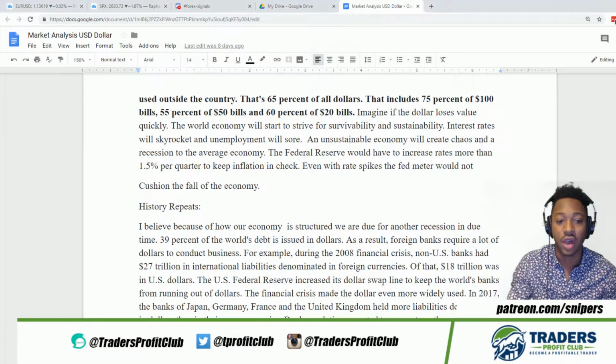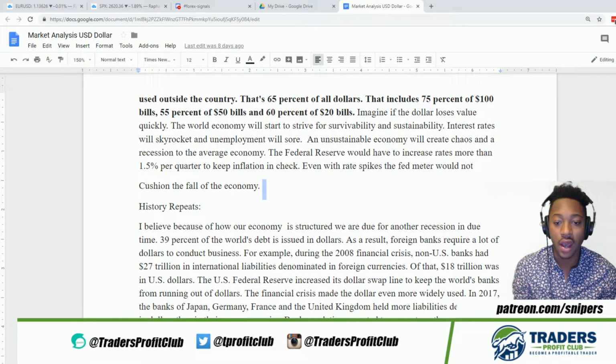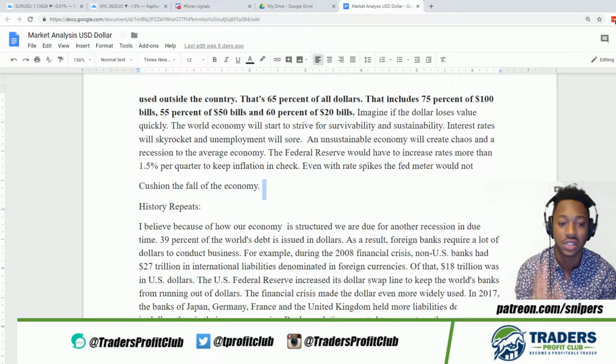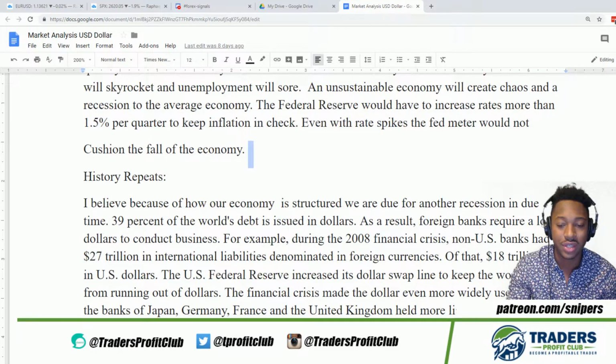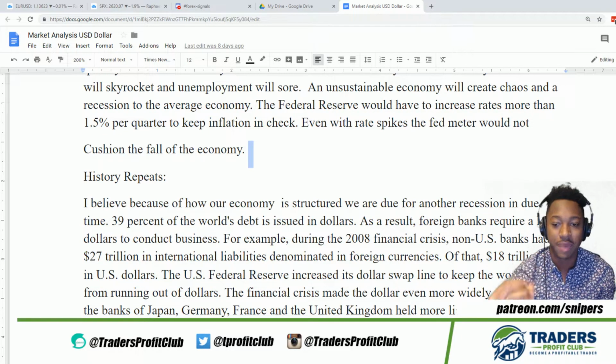Glad you're on here. So I believe another recession is due because 39% of the world's debt is issued in dollars. As a result, foreign banks require a lot of dollars to conduct business, right? For example, during the 2008 financial crisis, right? And I'm going to actually show you guys exactly what I'm reading off. So in the 2008 financial crisis, non-US banks had